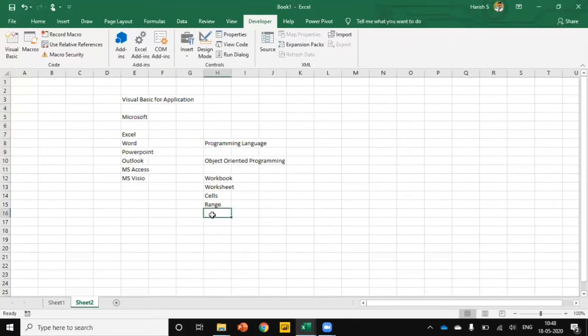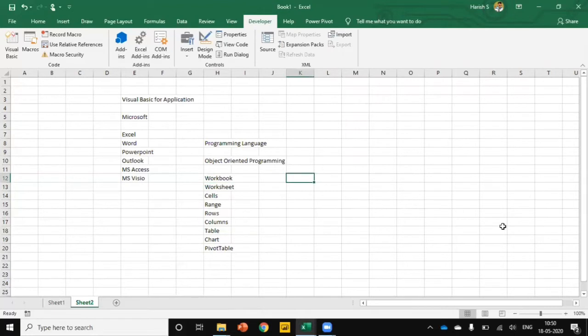The next object is row. You can see that all the horizontal lines are the rows. Columns. You can see that all the vertical lines are the columns. Next ones are table, chart, and pivot table.